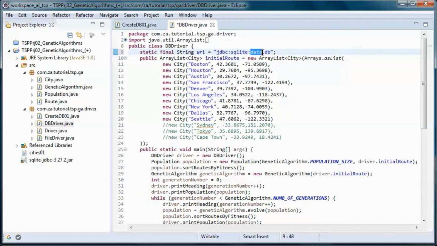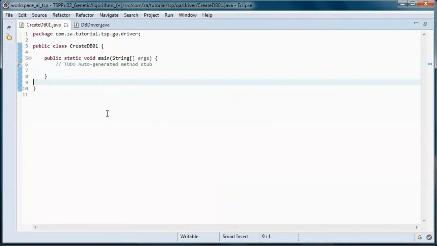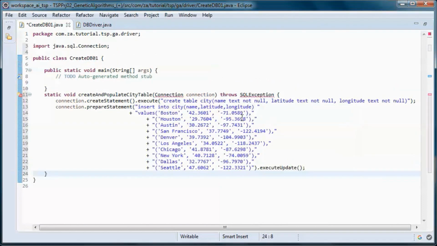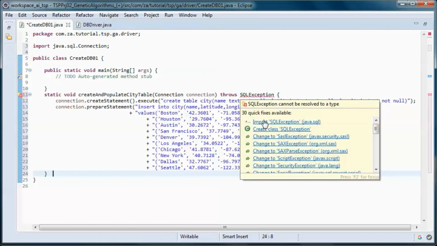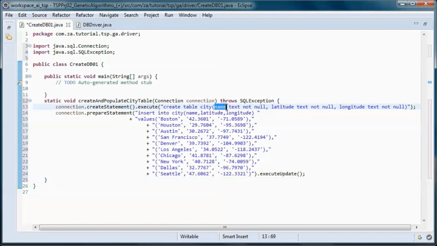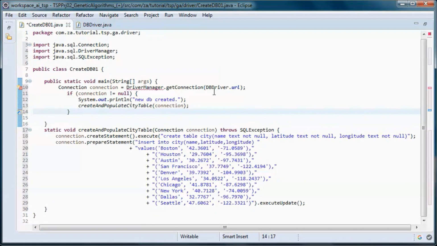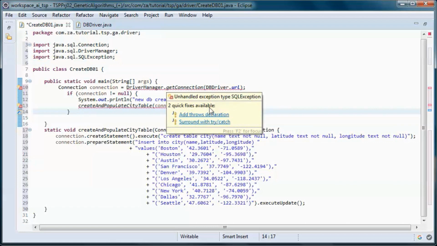So it will be called data.db, and this is the code that creates and populates the city table that has a name, a latitude, and a longitude, and will populate it with this data, and call it from here after picking up a connection given the URL.